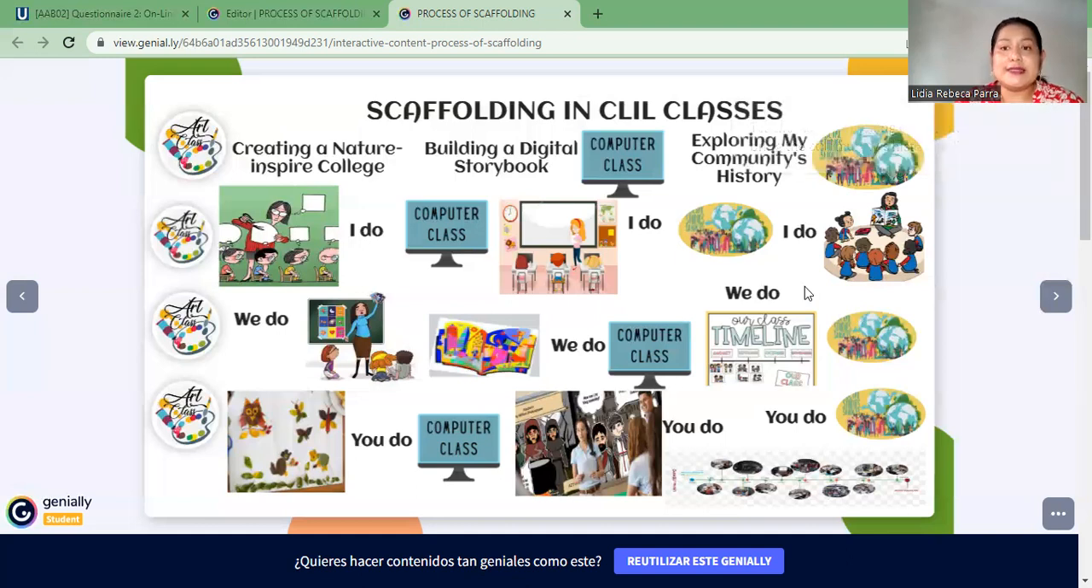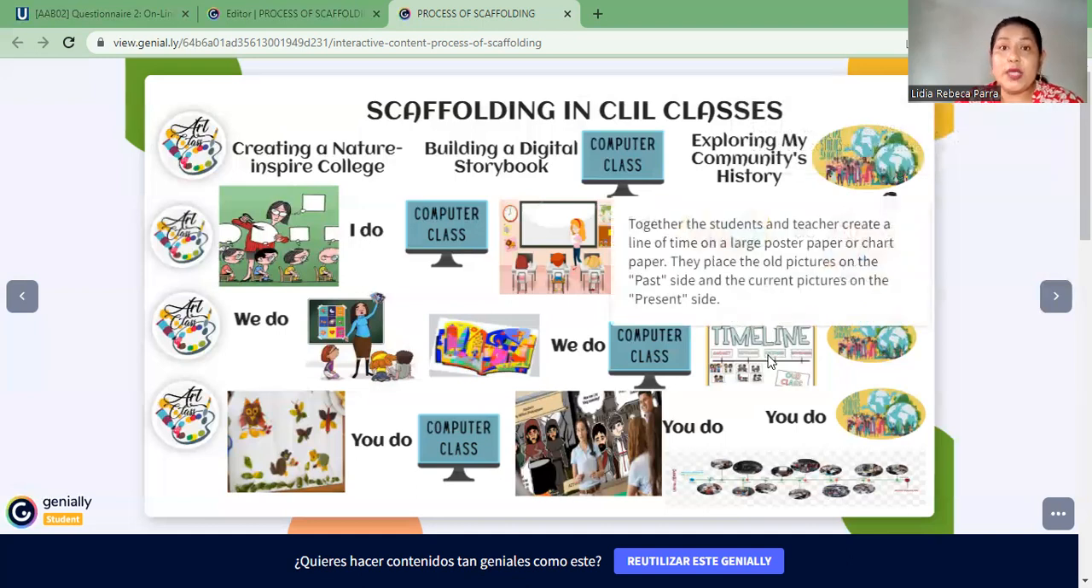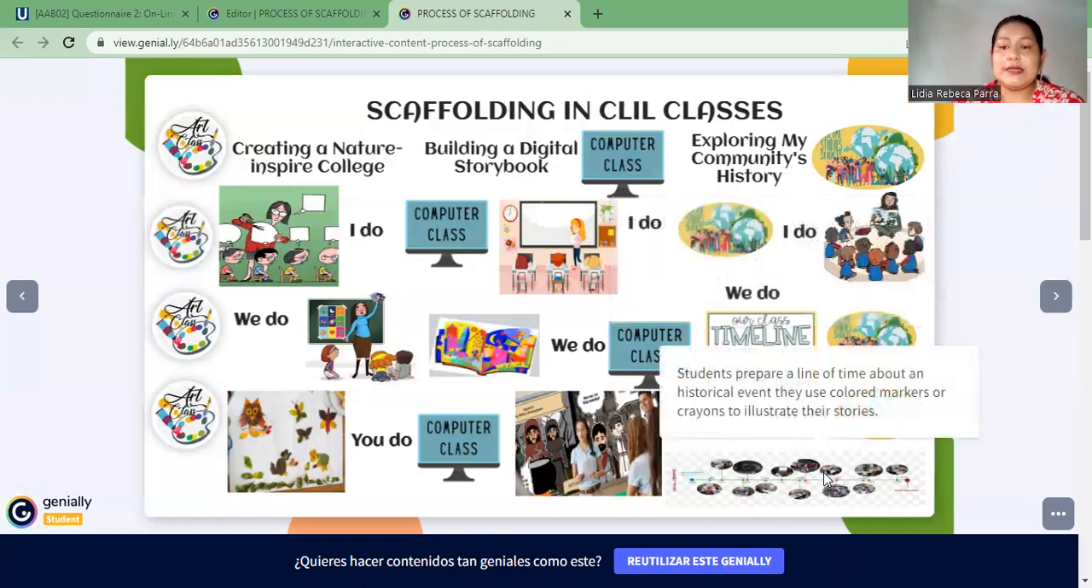Okay. The next step, we do together. The students and teachers create a timeline on a large poster or chart paper. They place the old pictures on the past side and the current pictures on the present side to form a timeline. Now, in the part you do, it's time for the students to demonstrate their